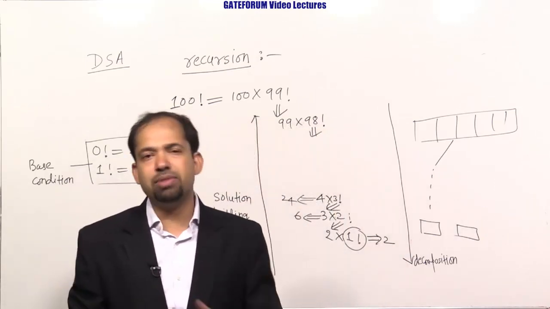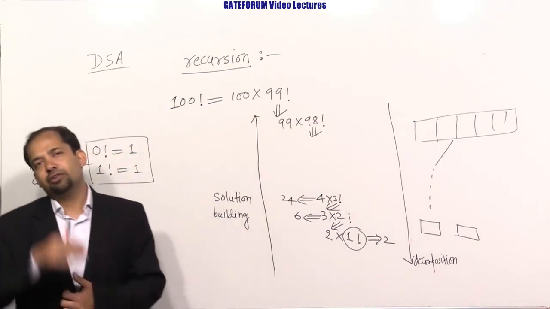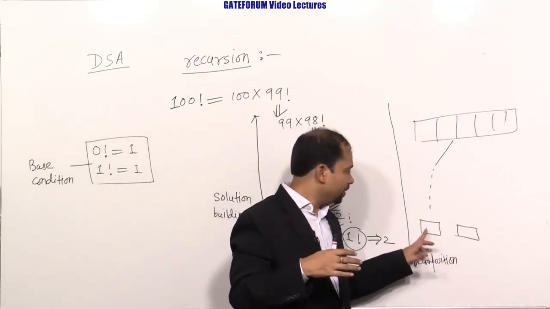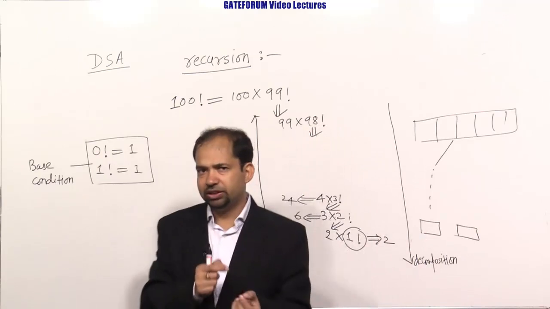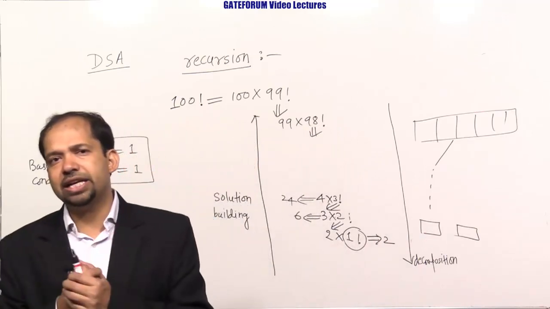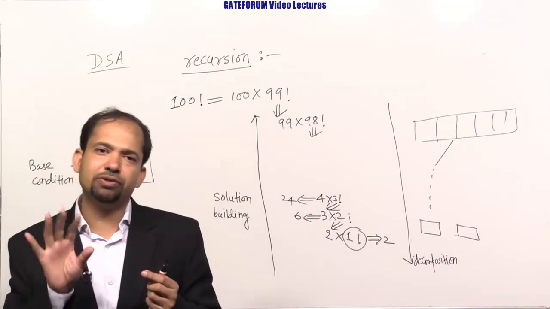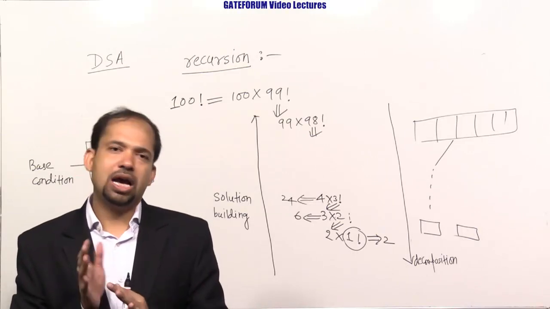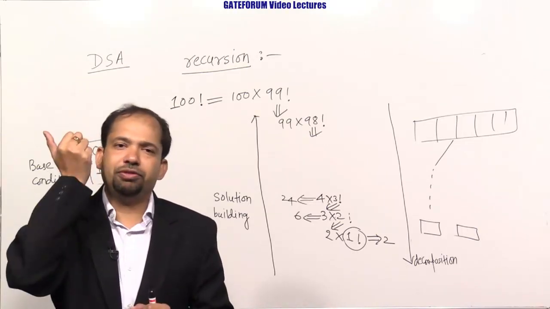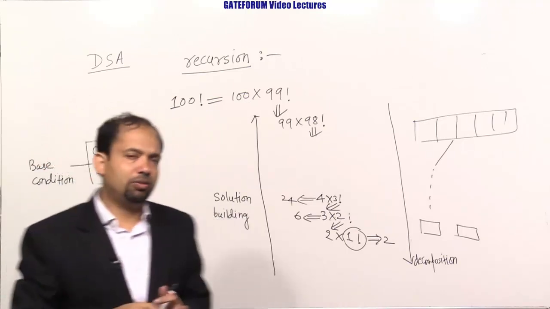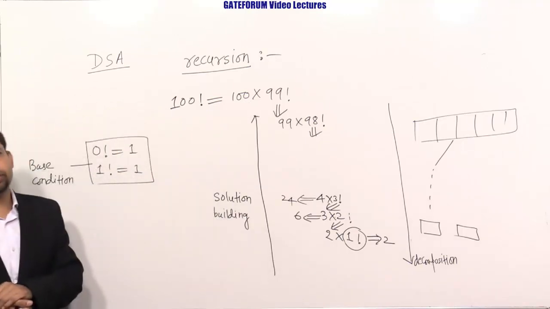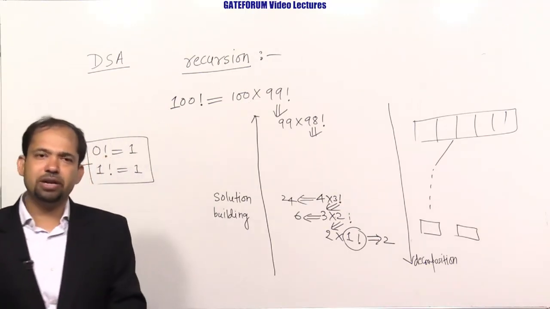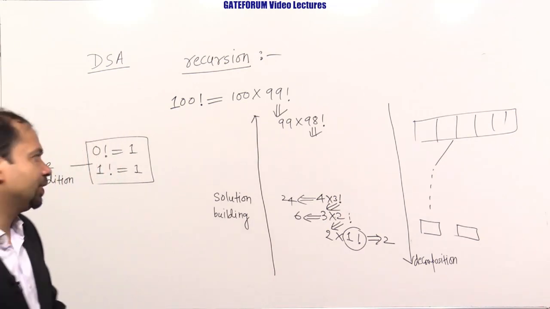If you recall the idea of merge sort, first comes the division. The division continues till we reach a situation where the first index and last index are the same, meaning the beginning and end of the array are the same, so the array has only one element. When we get only one element in the subarray, we stop, and from that point onwards we build the solution. Many sorting algorithms can be written using the idea of recursion. Merge sort is one example, quick sort is another. Similarly, we will talk about many other sorting algorithms in coming classes.